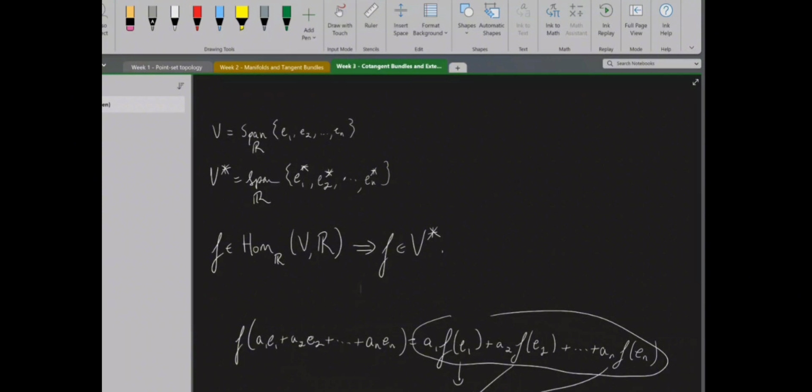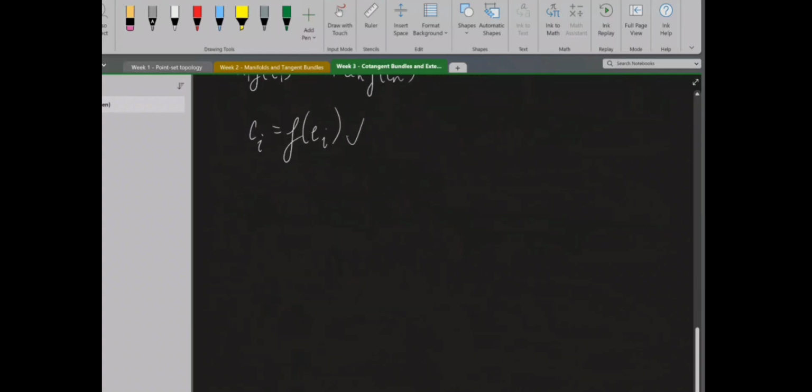Now, let's see. As a byproduct of defining V star to just be the span of these things, as long as they're linearly independent, you have that this is a basis for a vector space, and taking the span of that makes it into a vector space. So all that has to be done is to check that these are linearly independent. And so how you do that is you say, okay,